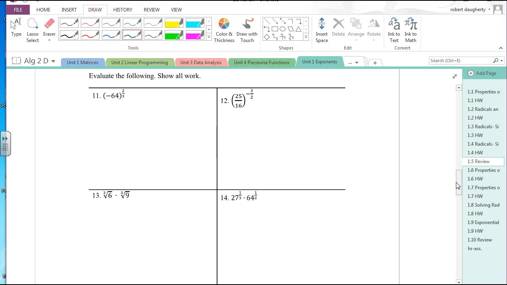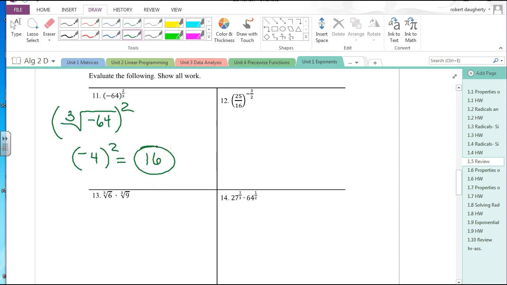So this is the cube root of negative 64. When I get that number, I will square it, okay? Cube root of negative 64. What number can be multiplied by itself 3 times and give you a negative 64? This is negative 4 squared, which is